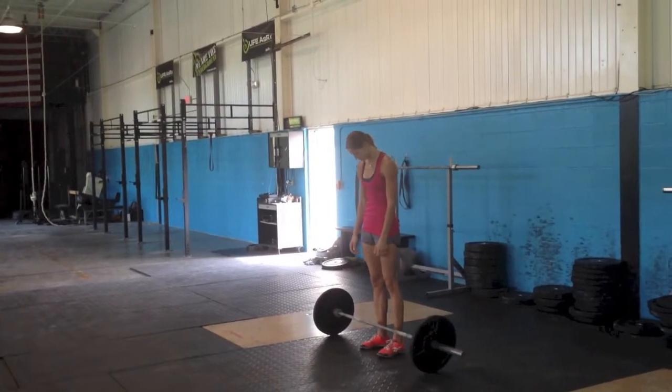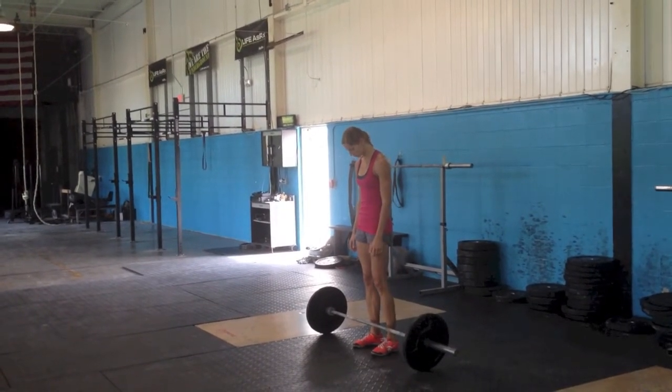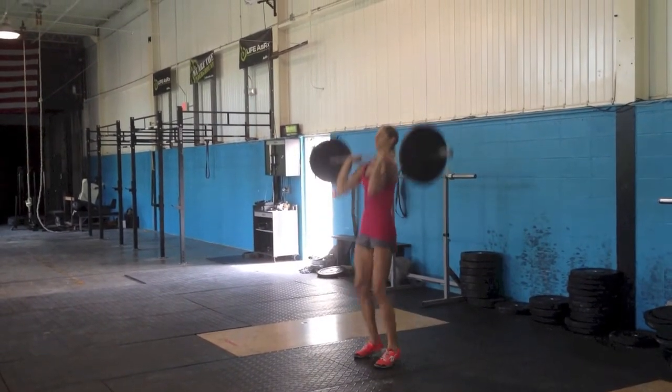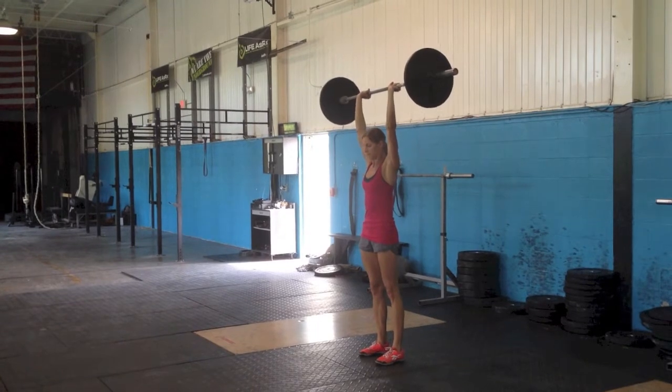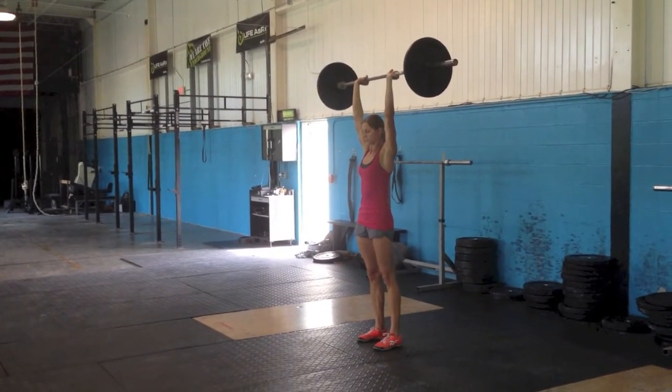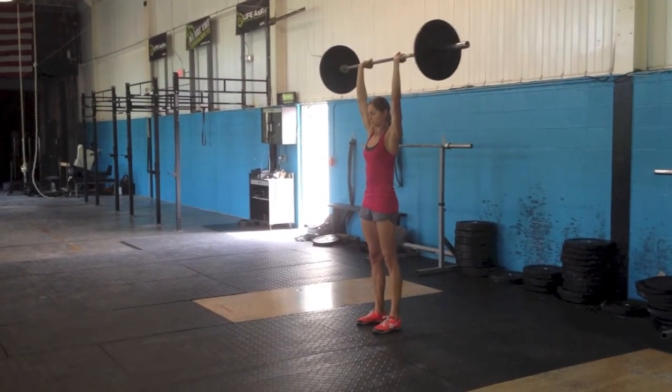Overhead walking lunge. Barbell must start from the ground and get locked out overhead any way. The barbell must remain in the overhead position. The elbows don't have to be fully locked out, but the barbell can never make contact with the shoulders or